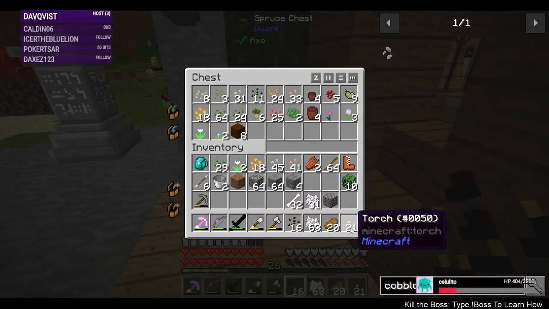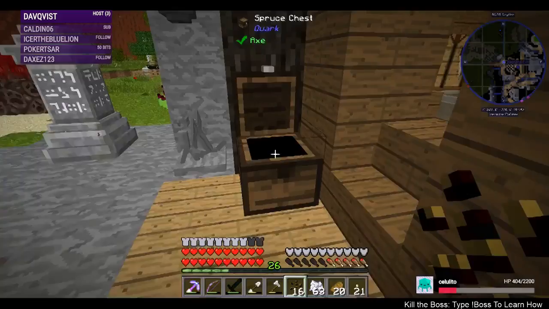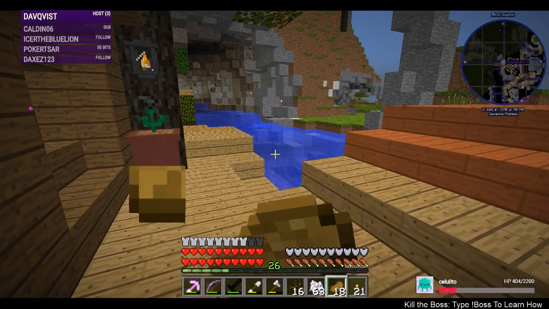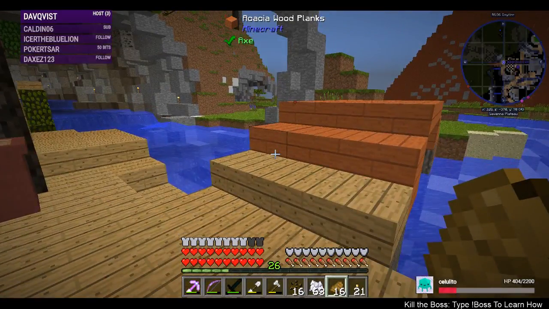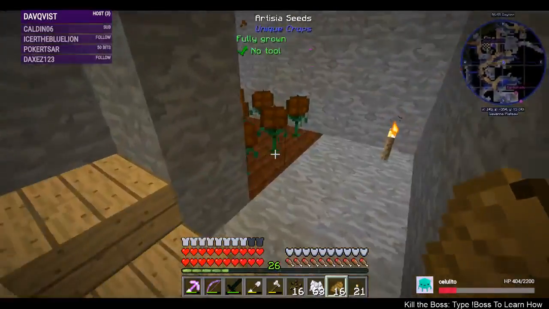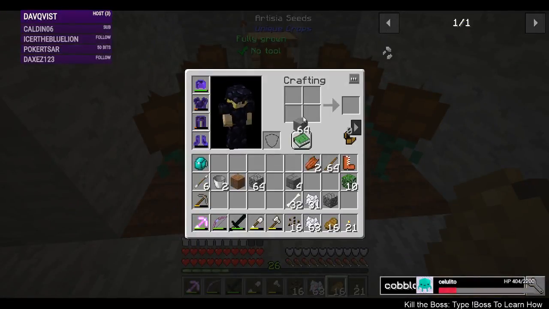Since these could catch things on fire, if I were to do the cobblestone method of making cobble, which we're not going to do because I've got plenty of other ways of getting cobble in this pack. I was not going to put them here. Are you fully grown? You are. Okay, so